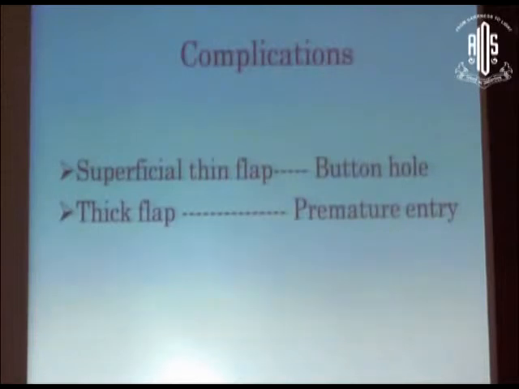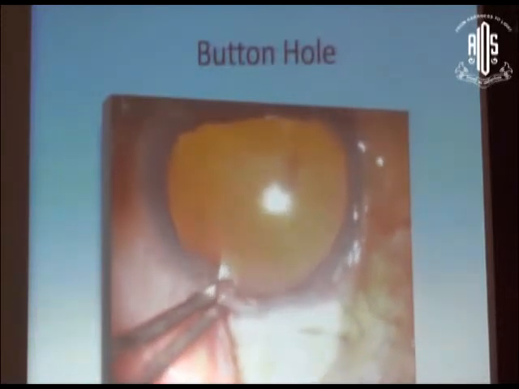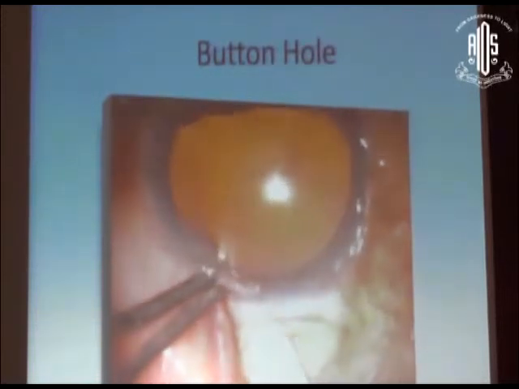Although complications related to this are not too many, sometimes we do create a superficial or thick flap. Buttonholing can occur, or a thick flap leads to premature entry, or sometimes disinsertion. That can be managed: if we get a disinsertion, then just suture it or make another incision anterior to this, or if that is not possible, then convert to ECCE. We can see how to convert in the subsequent talks. Suppose we encounter buttonholing, watch how we can manage this and complete the surgery as we had planned.